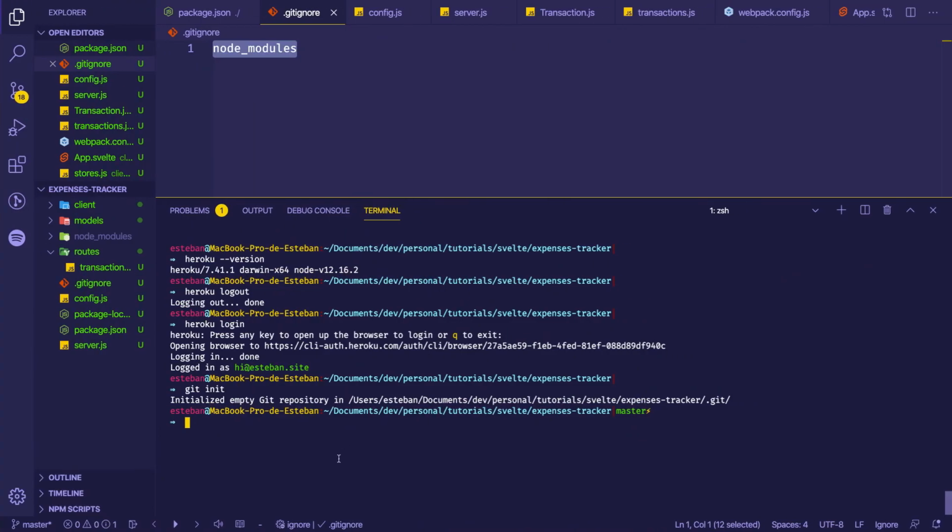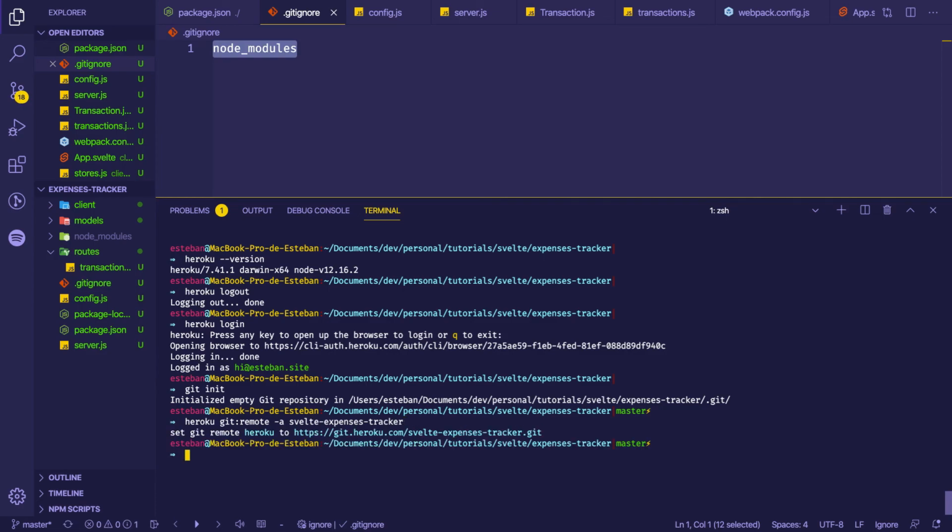So I'm going to run this command, heroku git:remote, for the Svelte app, and this is going to set the remote. Now we need to push to this remote. So first I'm going to add all of my files, so I can stage my files,